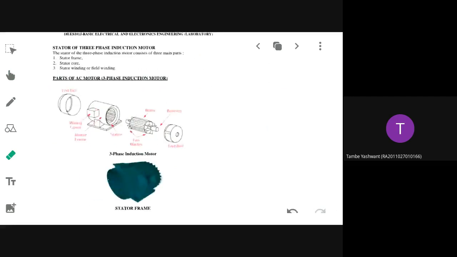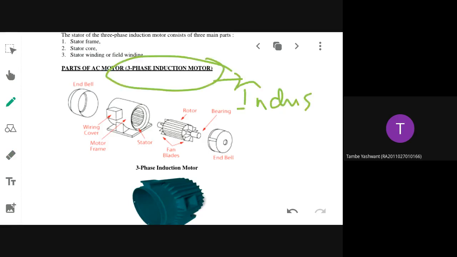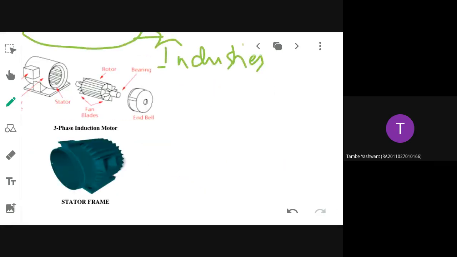Now categorization is over. Now again you need to discuss something about the constructional details and the working principle. I already told you that this three-phase induction motor is very popular in industries, because it is tough, rough, and very rugged. Because of these characteristics, you usually use three-phase induction motor in big industries for driving loads. It is classified into two types depending upon the construction: squirrel cage, and what is the other category?